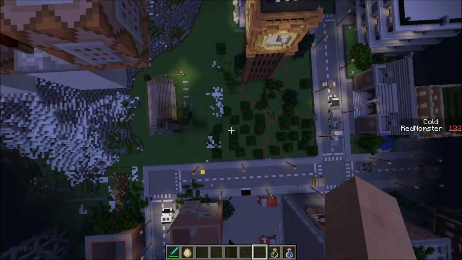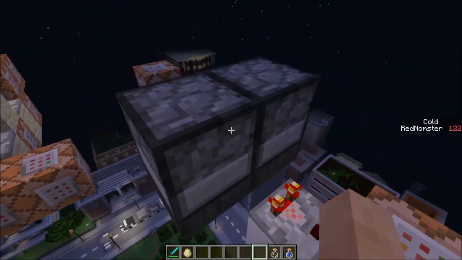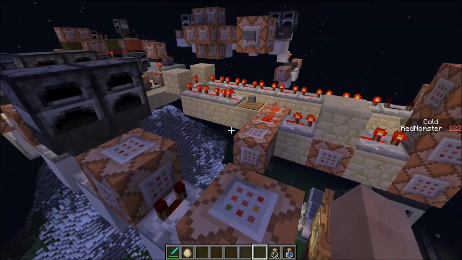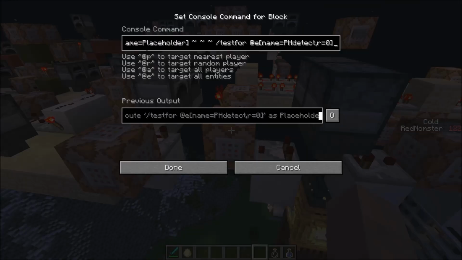It falls about as quick as it can relative to my player. So it takes about a second to get from where it summons to the placeholder. And if it does get to the placeholder, meaning there's nothing in between where it's summoned, 40 blocks above the placeholder, and the placeholder, then it will go down here, and it will execute at placeholder, and it will test for the